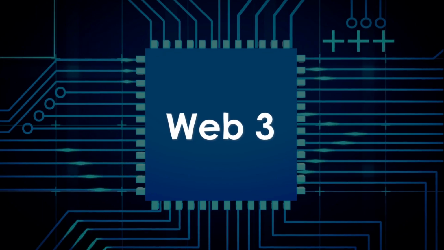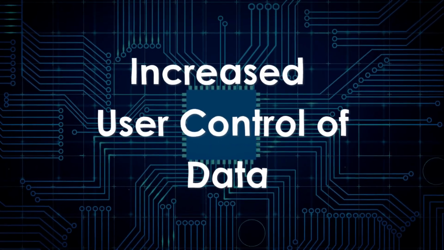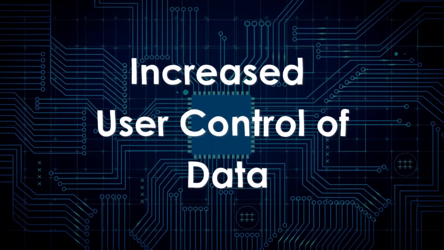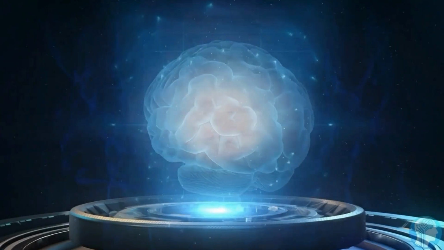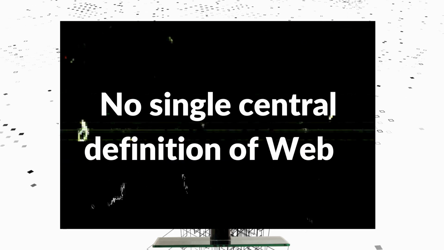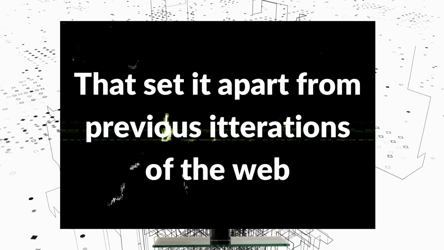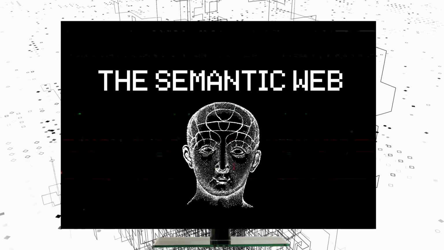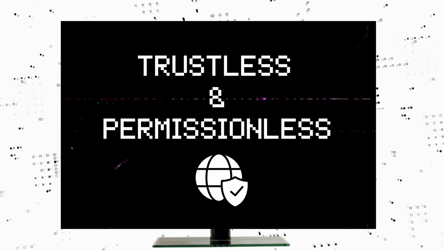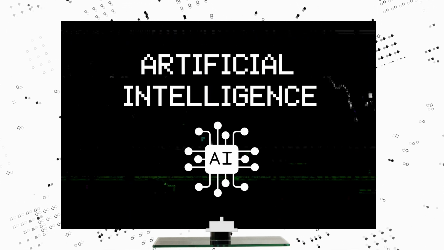Web 3 marks the internet's evolution into a phase focused on decentralized networks and increased user control over data. It harnesses blockchain, AI, and the semantic web to create a smarter and more connected online ecosystem. While there's no single central definition of Web 3, it's generally understood through several key characteristics that set it apart from previous iterations. These characteristics include decentralization, the semantic web, trustless and permissionless, enhanced security and privacy, interoperability, artificial intelligence,